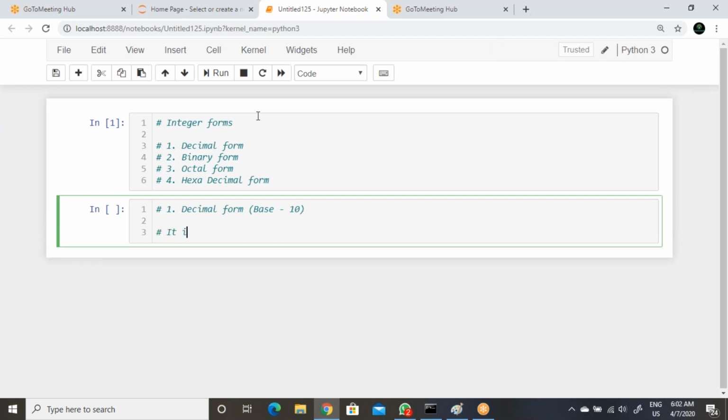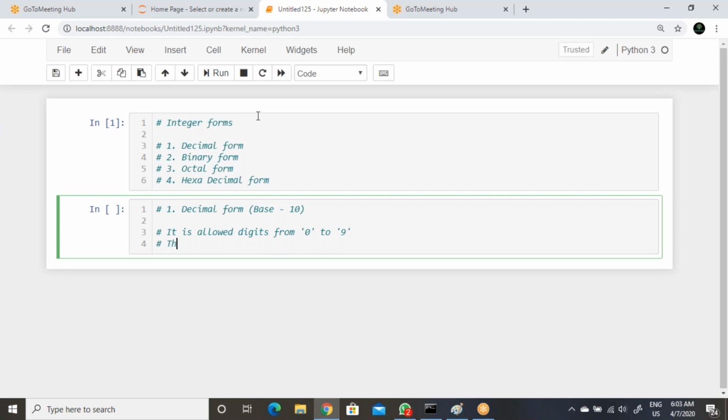It is by the allowed digits, from 0 to 9. 0 to 9 includes 0, so 10 numbers in total. That's why the base value will be 10.